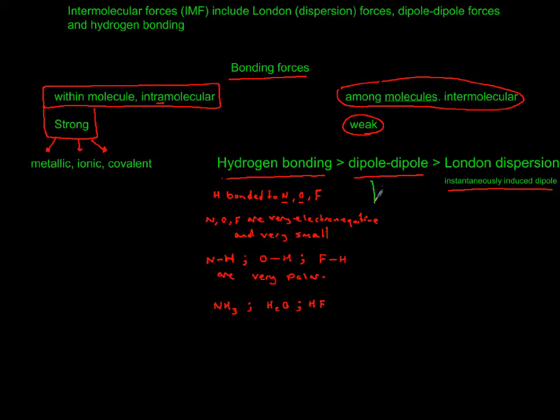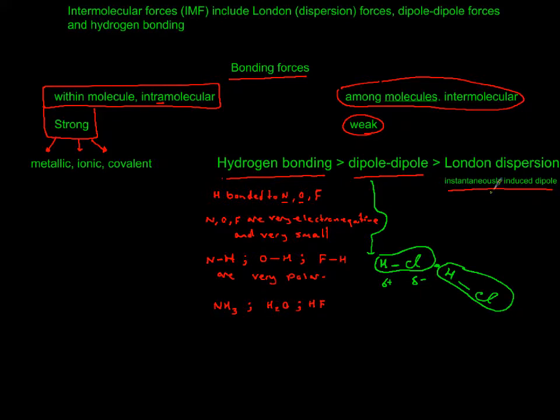Dipole-dipole by itself, which is weaker than hydrogen bonding, is when hydrogen is not attached to fluorine or oxygen or nitrogen. For example, if you have hydrochloric acid or hydrogen chloride, this is partially electronegative, partially electropositive, and this forms a polar compound. And when you put two of them together, they're going to have that stickiness. So if I put another hydrogen chloride, they're going to attach or hold on to each other, but not as strong as a hydrogen bonding. So this is dipole-dipole interaction or affinity or attraction or bonding.